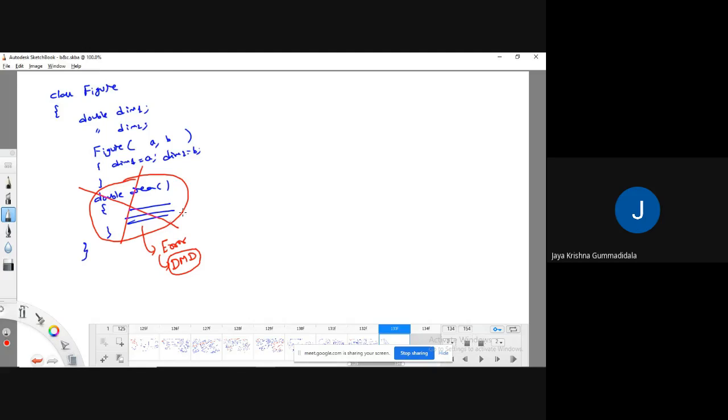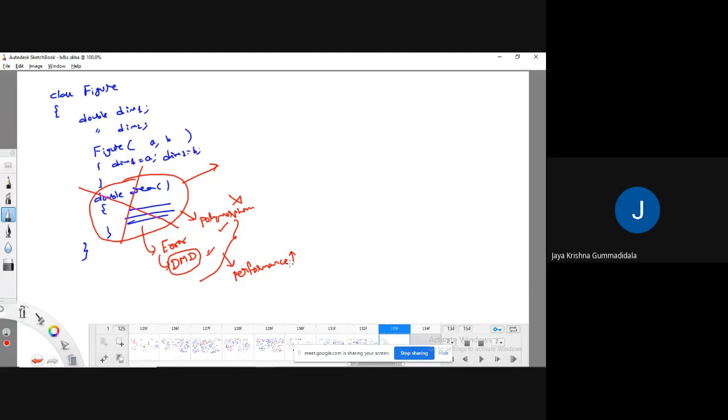If you are not defining this one, it is also not polymorphism. To satisfy the concept of polymorphism, dynamic method dispatch, the usage is it will improve the performance.